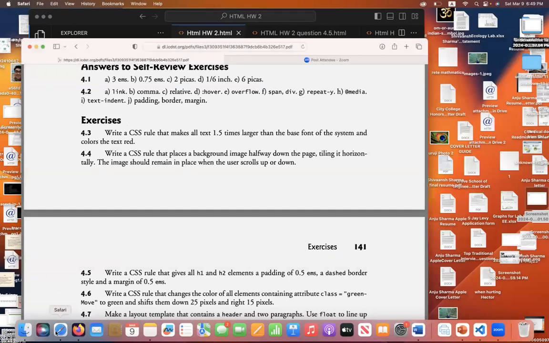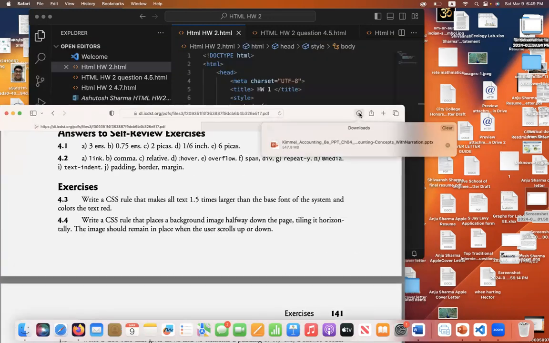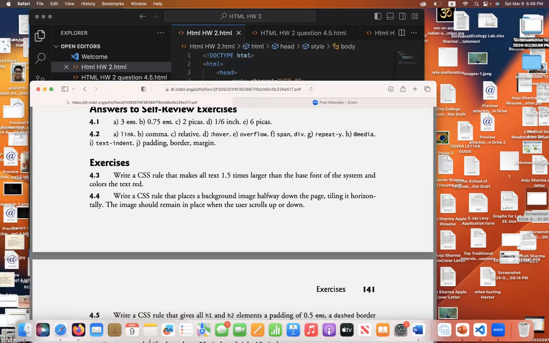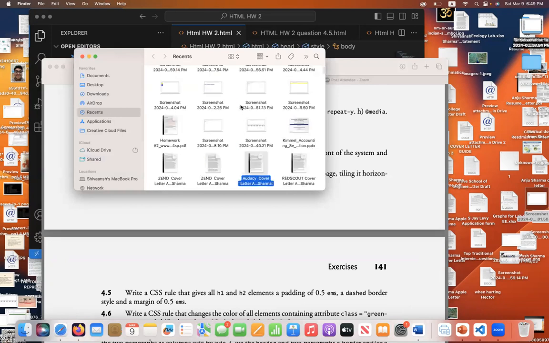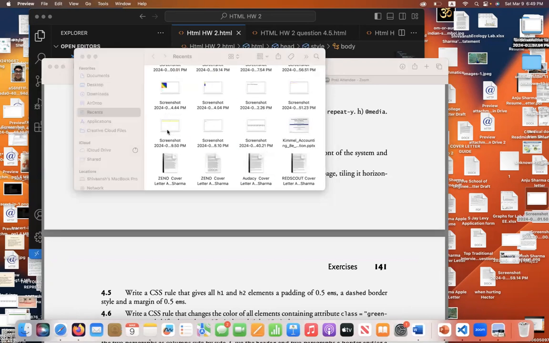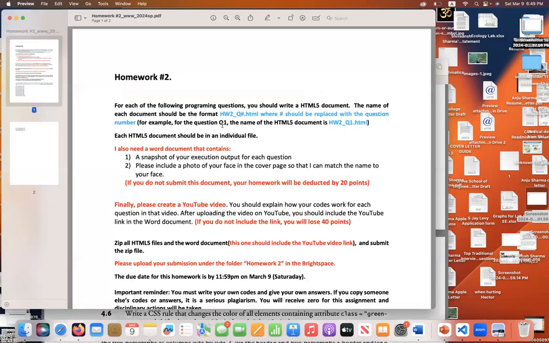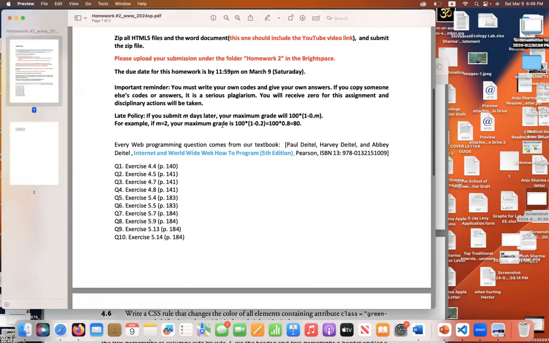The next question is, just check Finder. Just double check the homework. Homework two. So the next question is again 4.5. So